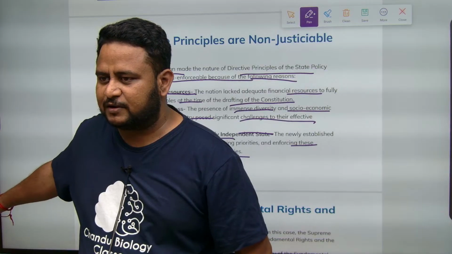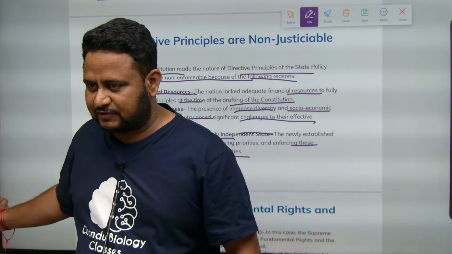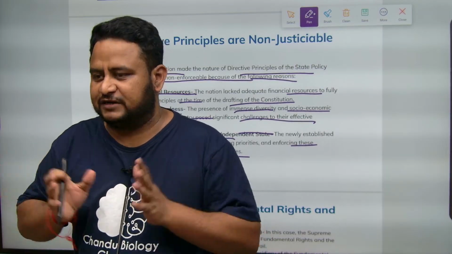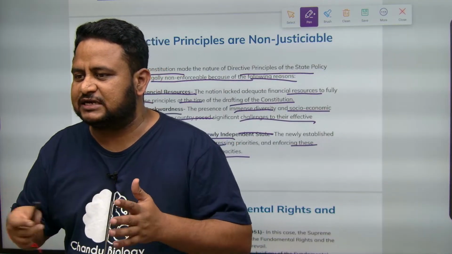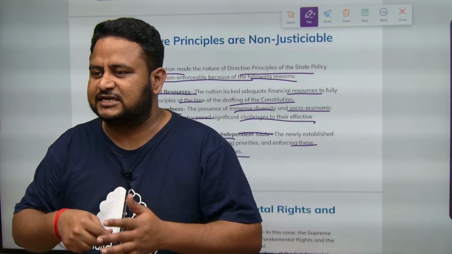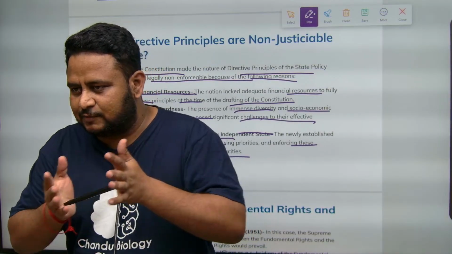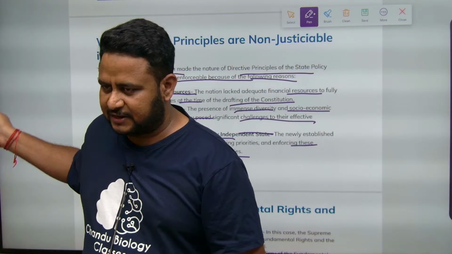So if you try to implement DPSPs, they are very vast. These articles were very limited, as you see, but each article can be interpreted in very different ways. If you try to implement all of the laws at once, what will happen? You cannot focus on each of them. That means you are exceeding your capacities, and at the same time it will lead to a broken state. We cannot implement all of this because we may not have funds. So that was the reason DPSPs are not made enforceable.